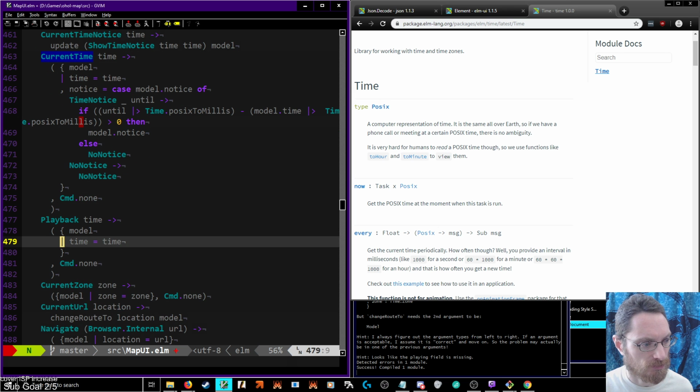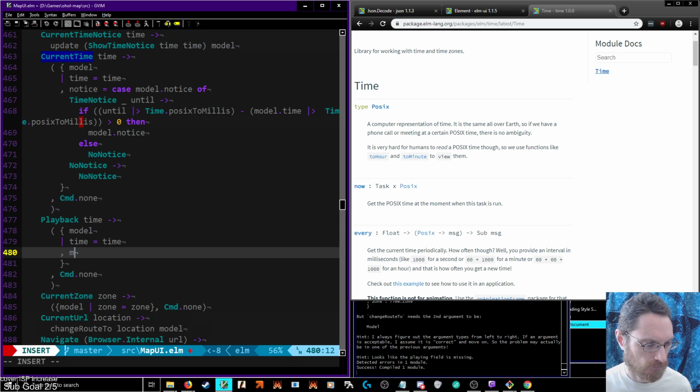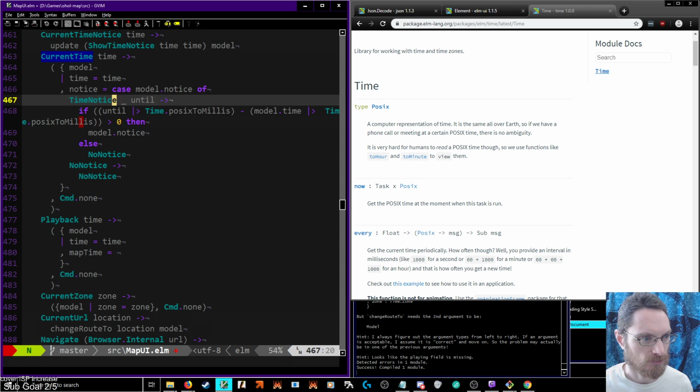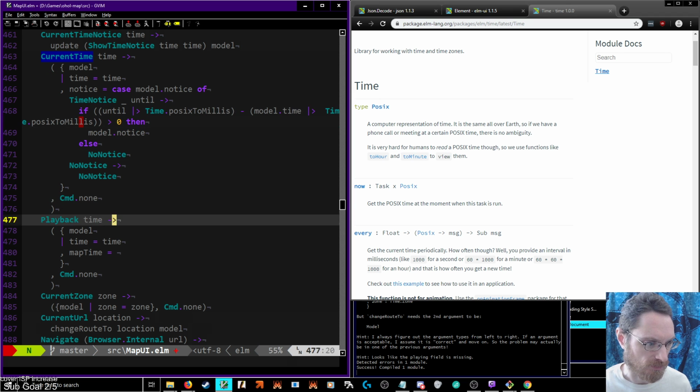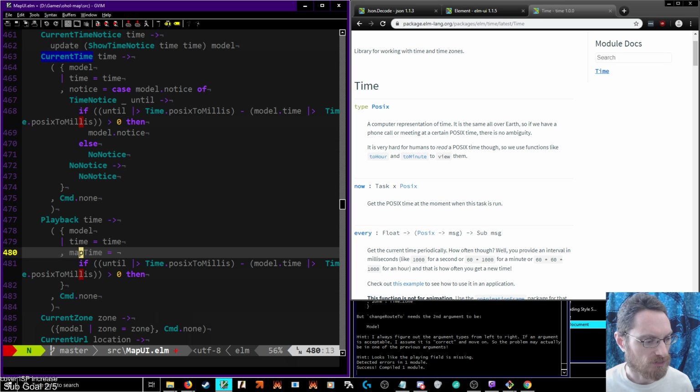What does playback mean? Playback means we have a map time and we're going to advance that by some ratio that may not be fully defined right now. So before I just had a current time and a target time and we figured out that ratio as needed. Yeah, we have to do something to compare these. Let's see. So we have to figure out